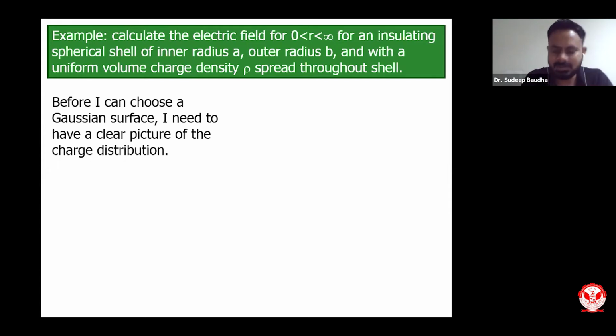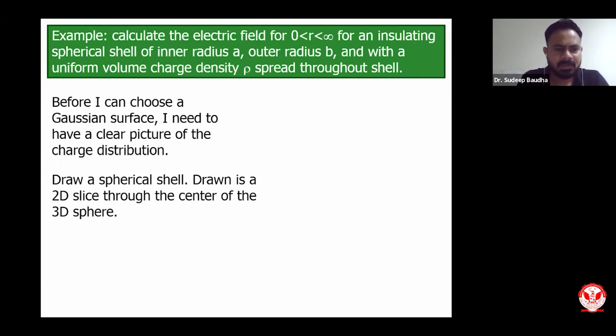So let us try to understand this. First, let us read the problem, and then we will look for the solution of this problem. I hope you have understood the statement, what it says and what we need to find out. So let us try to analyze it from a geometrical point of view. Then we will select the Gaussian surface, and then we will try to evaluate the electric field for different regions. So we can draw a spherical shell. It can be done in 2D and 3D cases. I am showing in 2D.